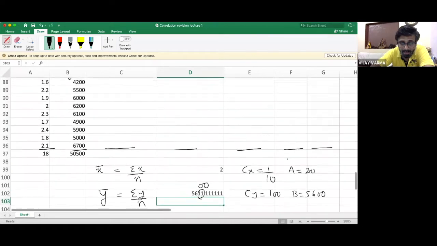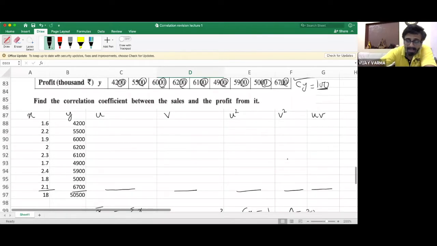Everyone is clear, so we proceed further. Now u equals 10 multiplied by x minus 2. Either you take it as 10 multiplied by (x minus 2), or you take 10x minus 20 if you open the bracket. That's what I said to Shubham. Either you take 20, or if you keep it in the bracket, then 10 into (x minus 2) directly.